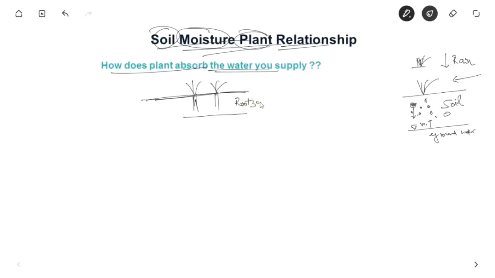So the formal definition goes like this: the root zone is the area of the soil that contains the plant roots. So this is the root zone, and this is the depth of the root zone. After that we have a small intermediate zone, then we have the capillary zone. As I earlier told you what the capillary zone is and what the root zone is. Here the water gets stored because of capillary action in the pores. After this we have the water table, and this is the groundwater.